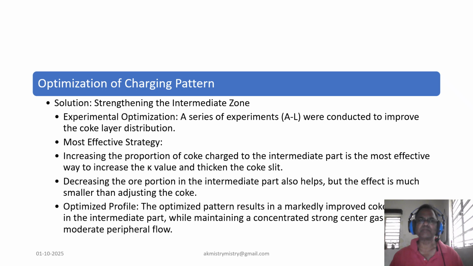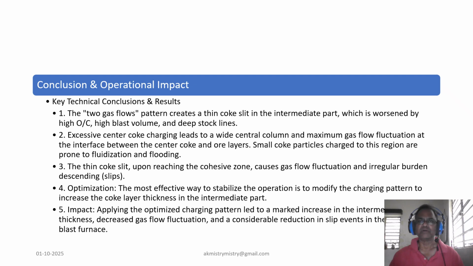The resulting optimized burden profile shown in the diagram successfully thickened the intermediate coke layer while still maintaining a strong concentrated center gas flow and moderate peripheral flow. So, in this slide, in conclusion,